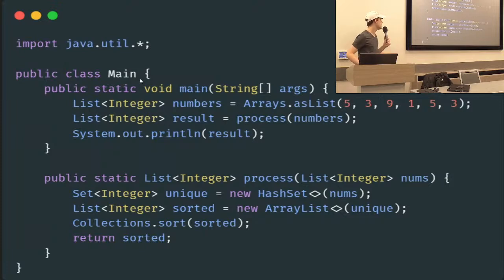And then our sorted list is a new array list with those unique numbers. And then we call collections.sort on it, return sorted, and then we're done. Okay, so how can we convert this to Python? Well, first of all,